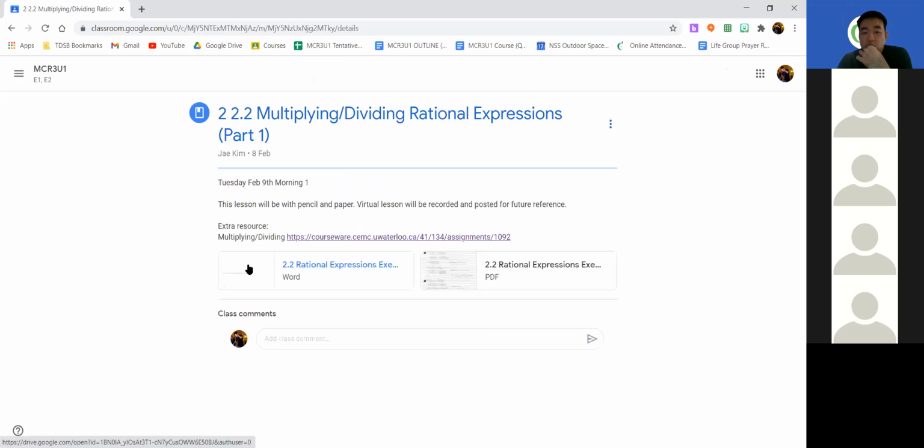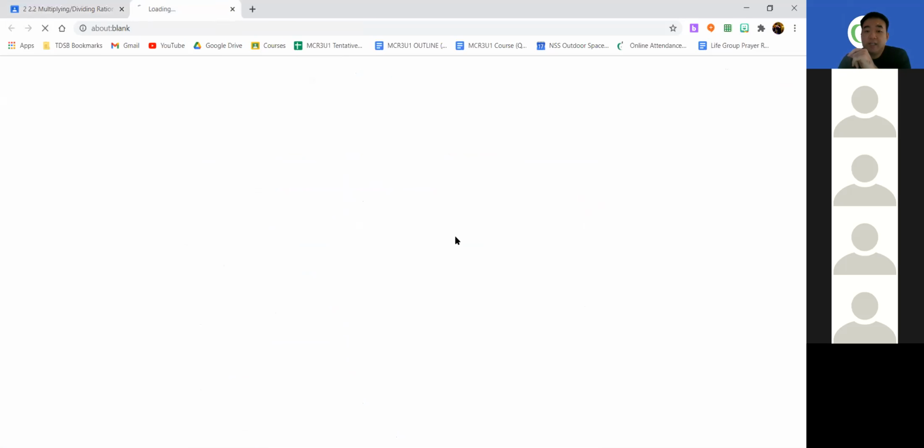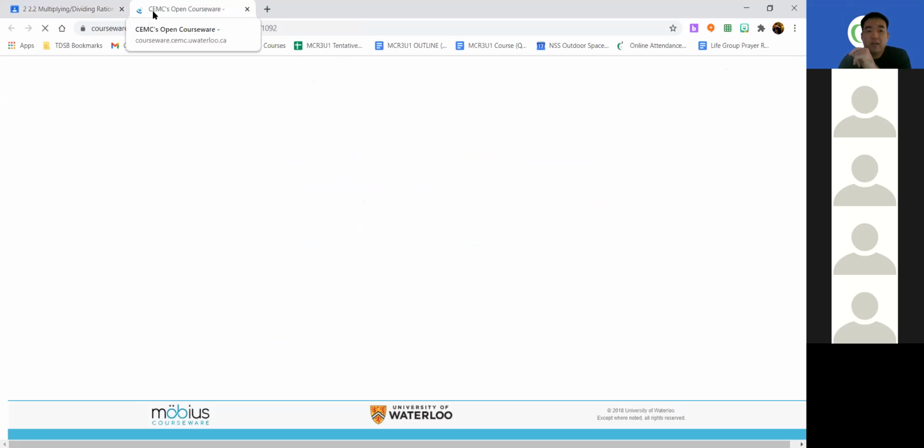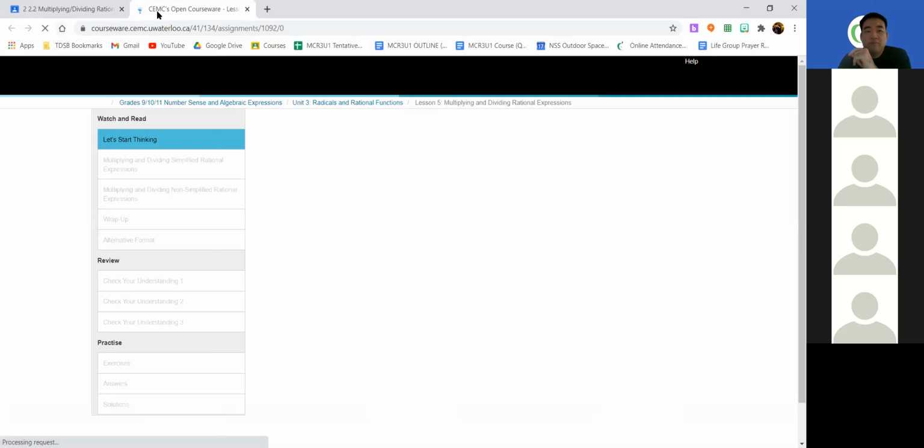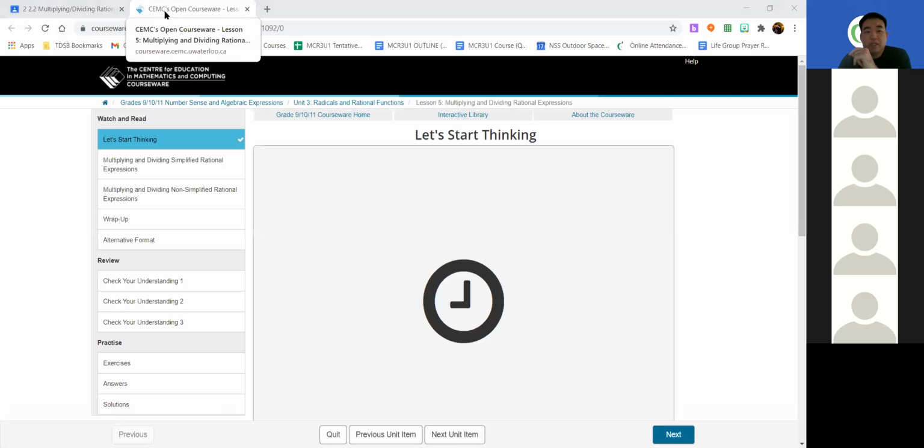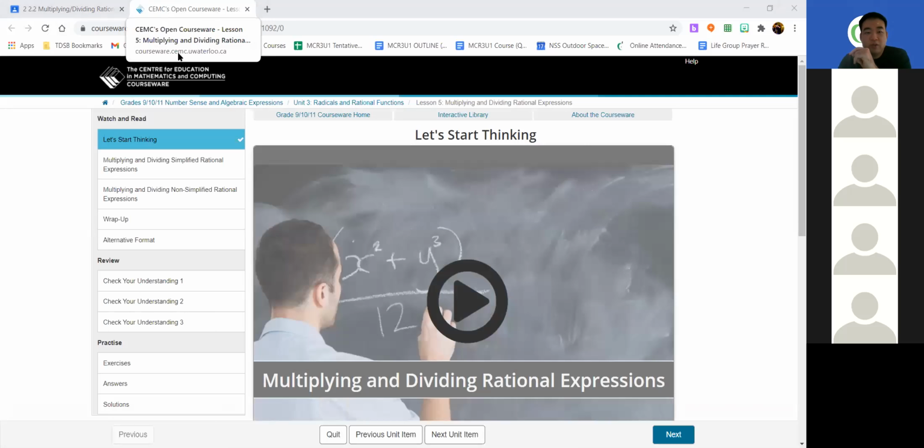If you click on the actual post online, you will always see something that says extra resource. It says courseware, CEMC, University of Waterloo. I think it was to help certain students catch up if they were behind in some of their mathematics. I forget what the CEMC actually stands for. It might be somewhere here. Centre for Education in Mathematics and Computing. I was totally off. Anyways,